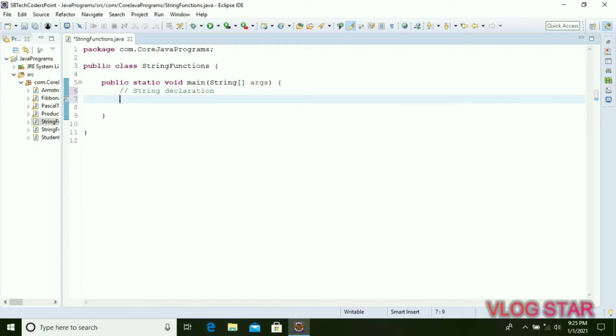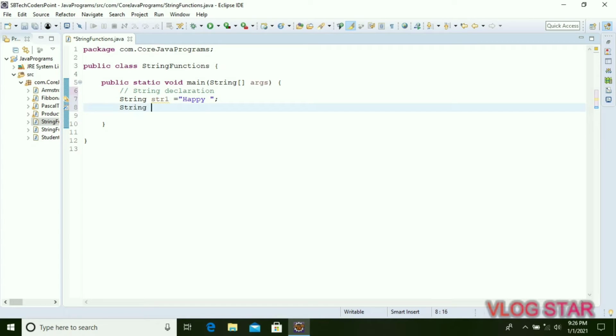Now here we will first declare the string by using a string literal. For that we have to type String and the string name. So S must be capital. String, I will give the name as str1. We can give any name. Equals to, here we will provide our string directly within double quotes. So I will provide the string as "happy " with a space. Why we give the space, we will see later. Now after this we will take one more string by using a string literal itself. So String str2 is equals to "new year".